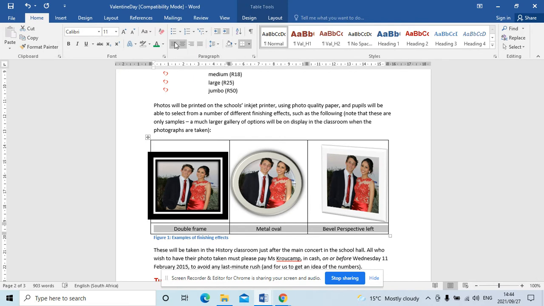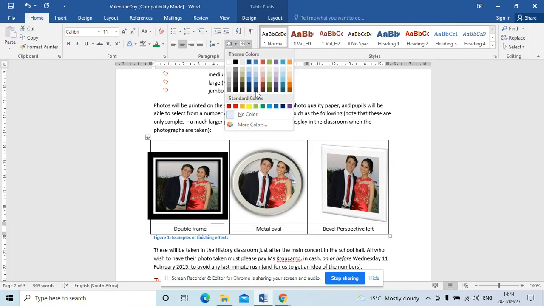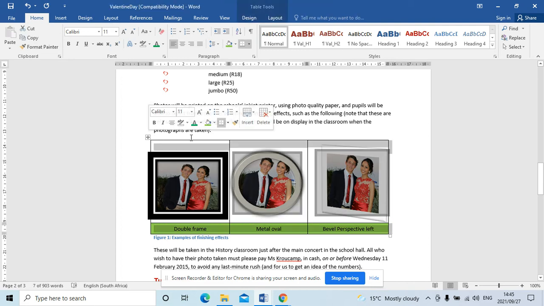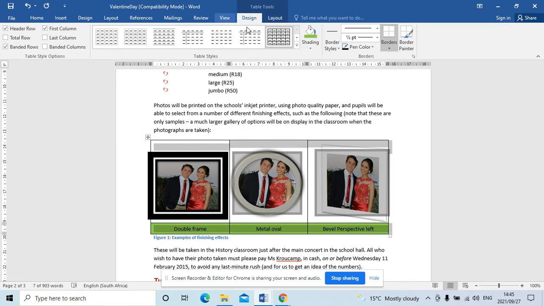We can obviously format that text into making it left align, right align, etc. You can shade it by using that button and say you want to shade it with a light green or whatever. And then you can also change the text alignment. So quickly look there. If I click on somewhere else, then the table tools disappear. But when I click on the table, okay, the table tools appear, and you can also then change